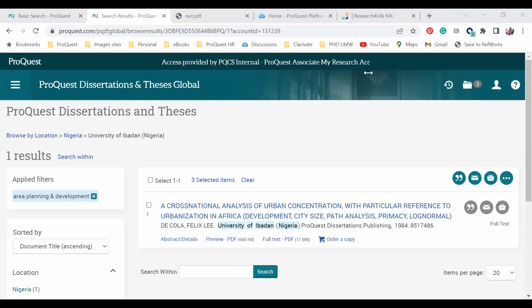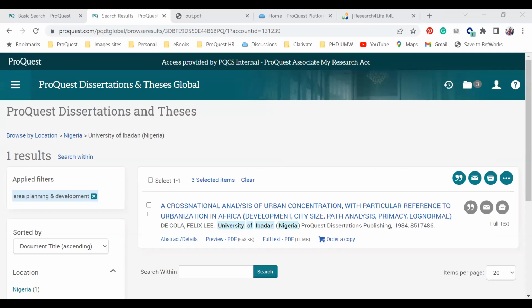Samantha, there's one clarification required. They have asked whether Research for Life is eligible for ProQuest. No, ProQuest has around 300 different databases, but Research for Life has been given only one database, ProQuest Dissertations and Theses Global. So you will have access to PQDT Global, the ProQuest Dissertations, not all of the ProQuest platform.